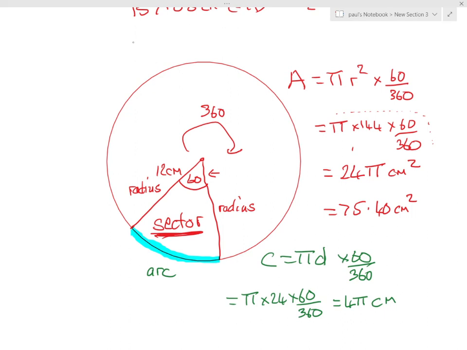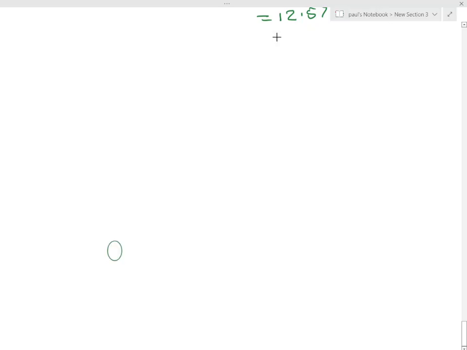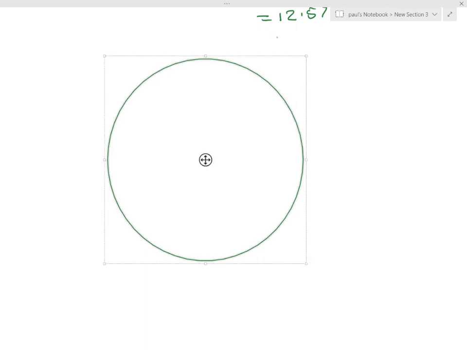Now, 4 times pi is the same as 12.57 centimeters to 2 decimal places. Okay, that is how to find out an arc and how to find out a sector. One more little horrible bit to this is nice and big, yeah? So from the middle, we're going to go